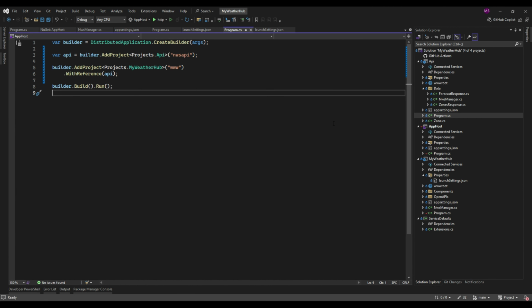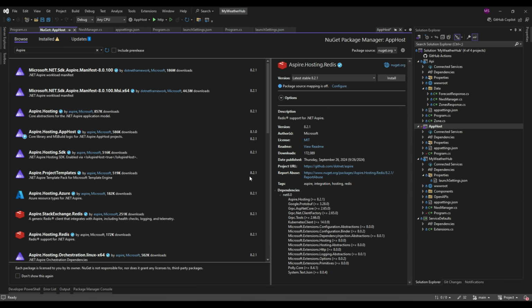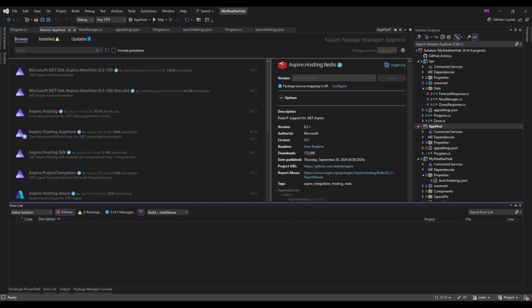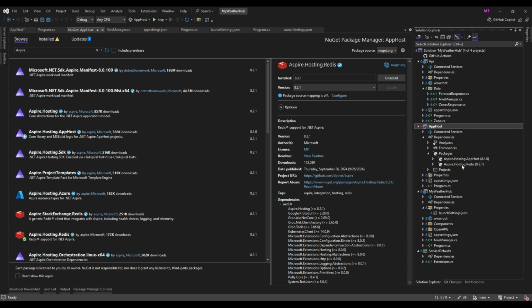Okay, let's get back into our project and see exactly how this works. So here I'm back in our source code. I'll go to the app host and I'm going to add an Aspire package. Let's add the Redis output caching, because here's the deal. Think about this for a second with me. The weather forecast doesn't change every minute. It probably changes once every 15 minutes, every half hour. So I could reliably output cache from my API for at least 15 minutes. The current weather forecast that was delivered for Manhattan, Philadelphia, etc.